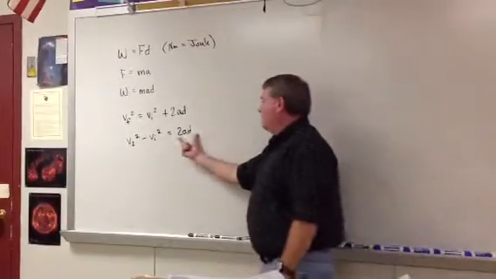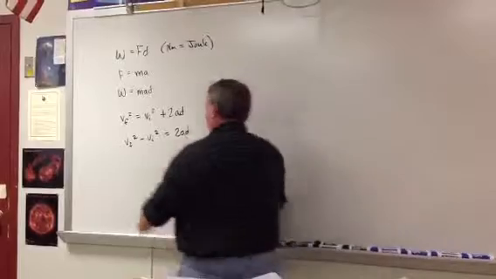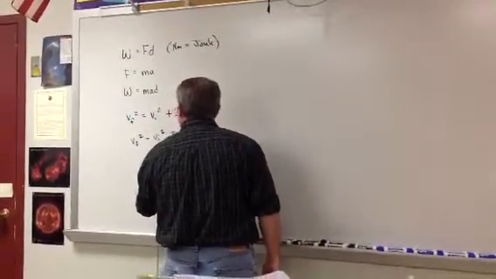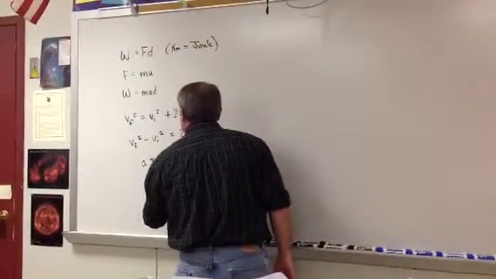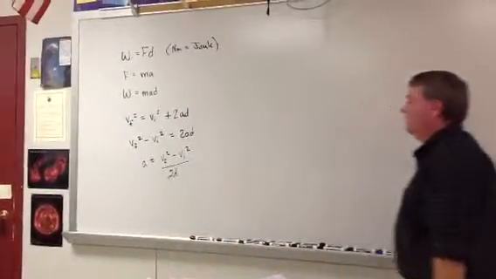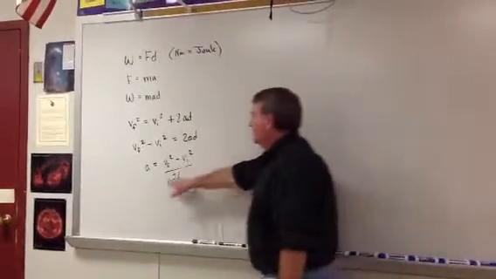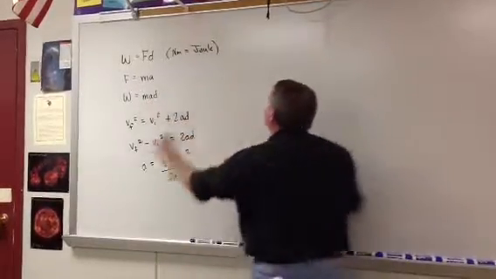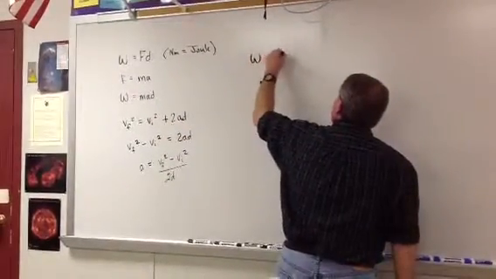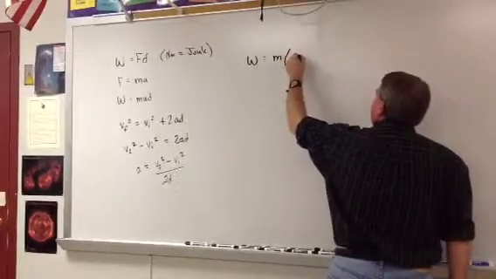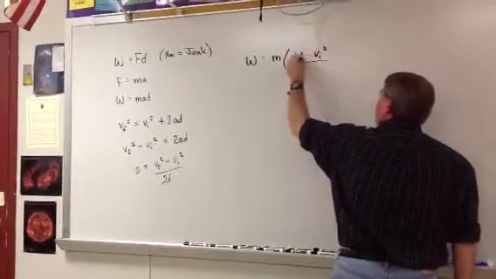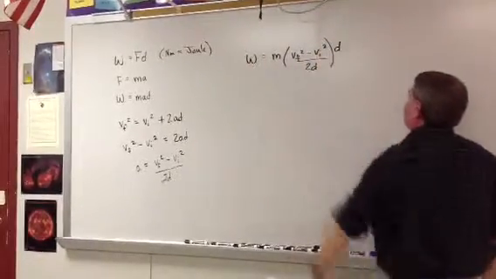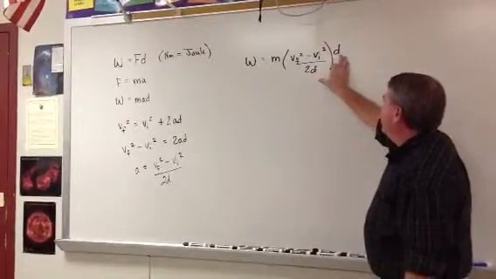And if we divide both sides by 2D, we get acceleration. And I'll just divide that and flip at the same time. So acceleration is going to be equal to Vf squared minus Vi squared divided by 2 times the distance that you traveled. Alright, now since acceleration is equal to this, we substitute this in for acceleration in the work equation. Work is equal to mass times Vf squared minus Vi squared over 2 times the distance traveled, and that's times distance. Your distances divide out,